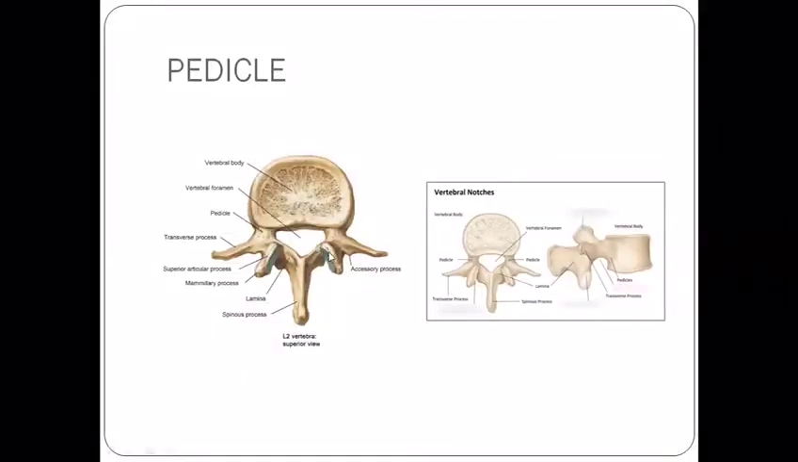Next are the pedicles. Pedicles are short bars of bone which project backwards and laterally from the posterolateral aspect of the body at its junction between the superior and inferior surfaces. So these short bars of bone are known as the pedicles. The upper and the lower margin of the pedicles are notched, and they are known as the superior and